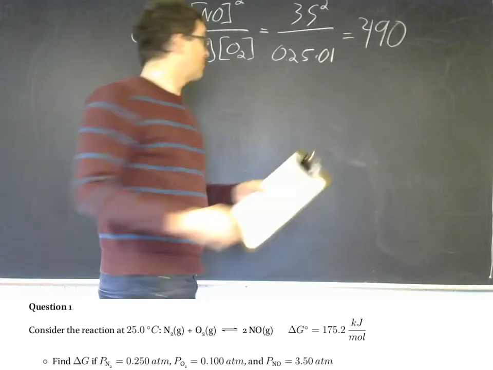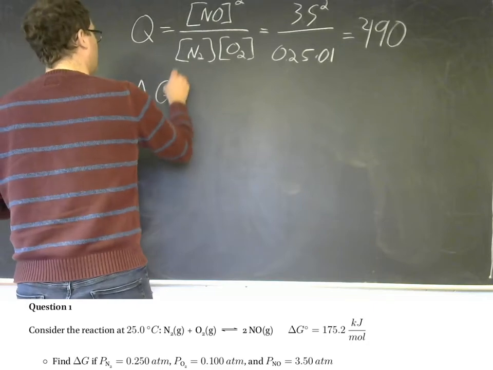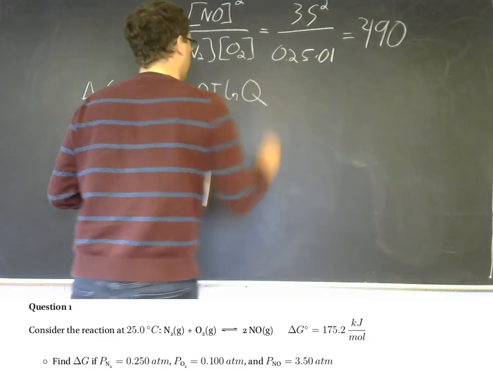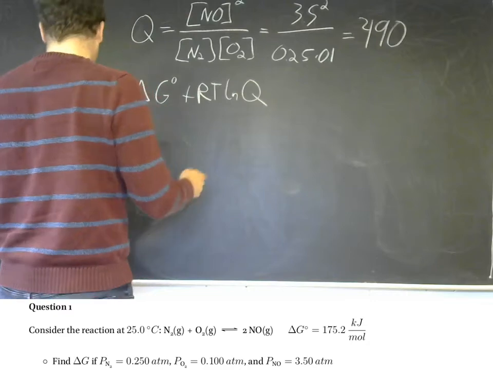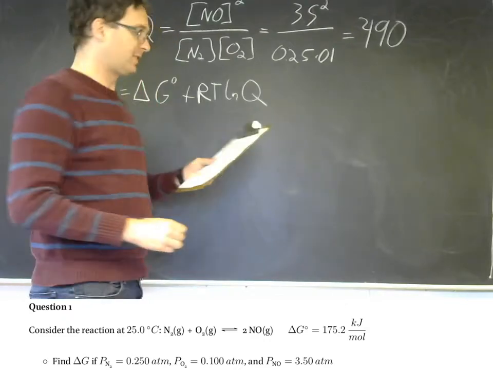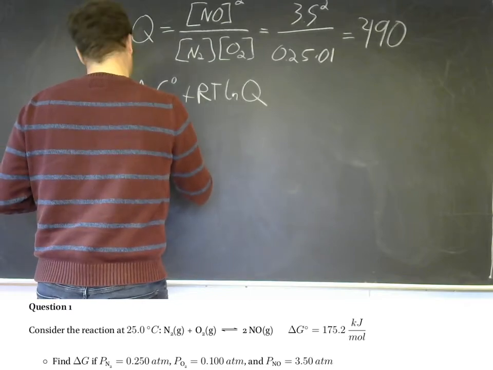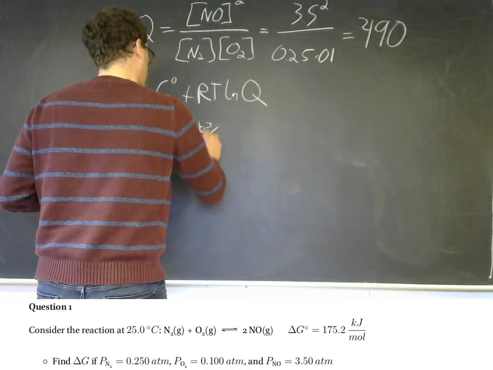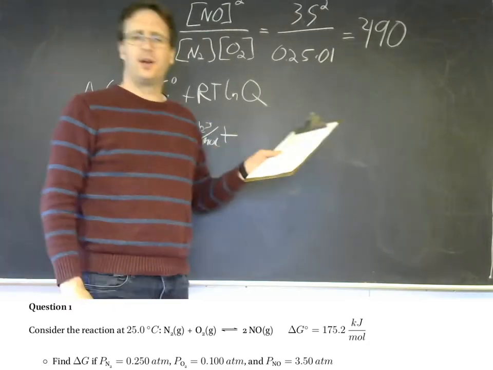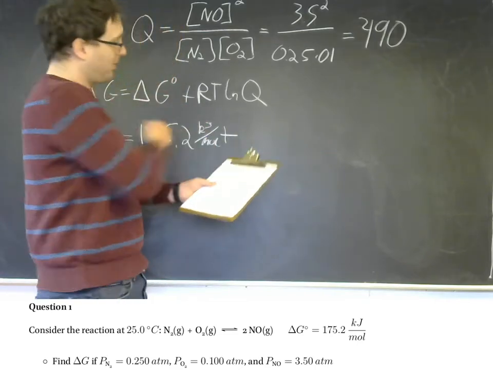And so now that we have Q, we can use the equation that delta G is equal to delta G naught plus RT ln of Q. And so delta G, our Gibbs energy under these non-standard conditions, is going to equal that standard Gibbs energy of reaction, 175.2 kilojoules per mole, plus the value of R. Here we want to use 8.314 joules per mole Kelvin, but because we're combining it with the kilojoules here, I'm going to do